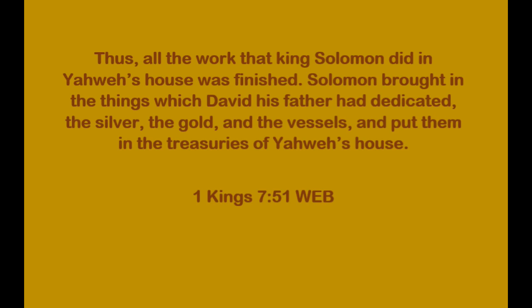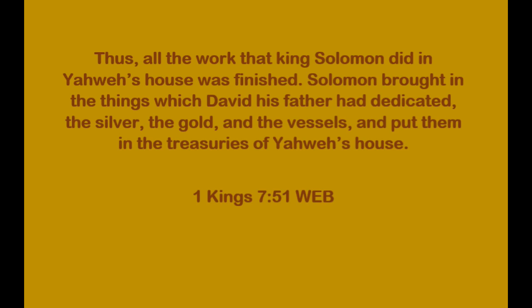Solomon left all the vessels unweighed because there were so many of them. The weight of the brass could not be determined. Solomon made all the vessels that were in Yahweh's house. The golden altar and the table that the showbread was on, of gold, and the lampstand, 5 on the right side and 5 on the left,